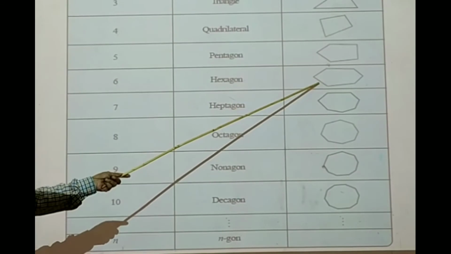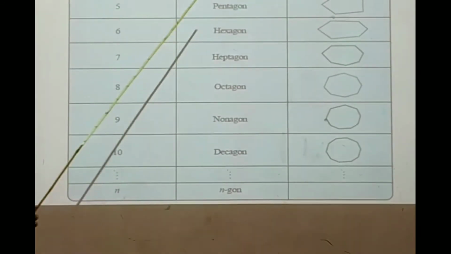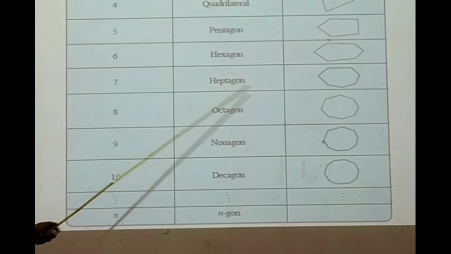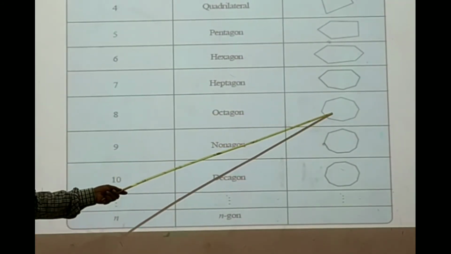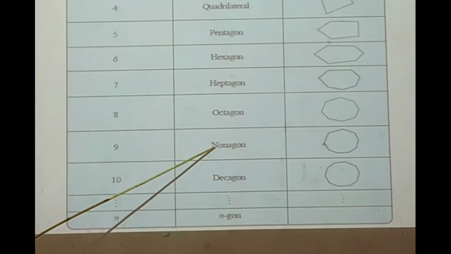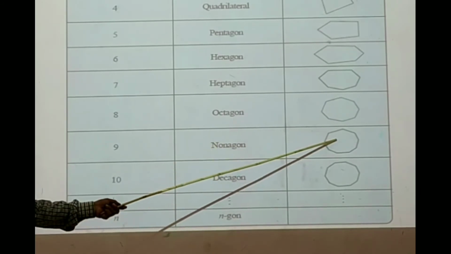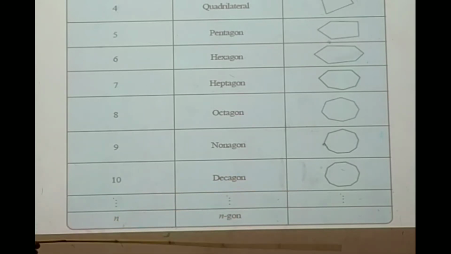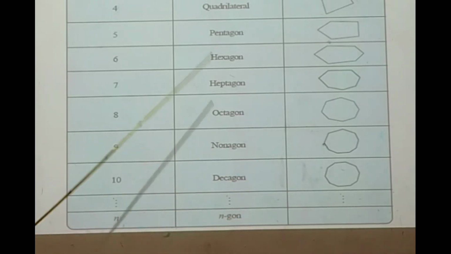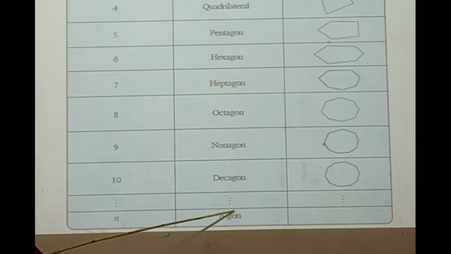Hexagon, 6 sides. Heptagon, 7 sides. Octagon, 8 sides. Nonagon, 9 sides. Decagon, 10 sides. In this way, there are so many polygons. Of course, n sides in general form. In this way we can see. Next,